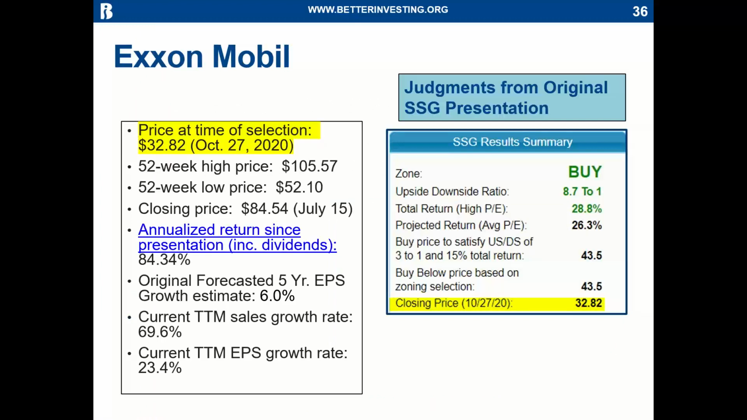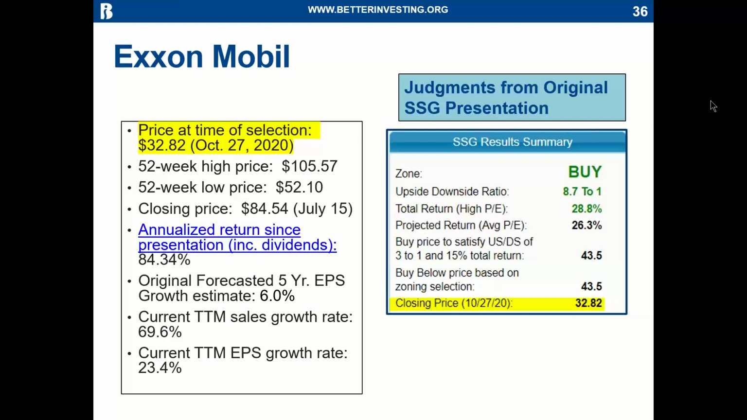So at the time of selection, which was October 27th, 2020, the price was $32.82. They had a 52-week high price of $105.57 in that year, and the low was $52.10. So it had bounced around quite a bit. The closing price currently on July the 15th has been